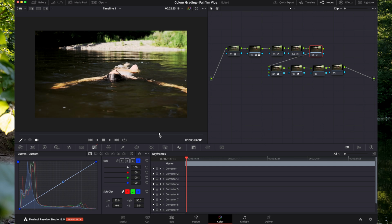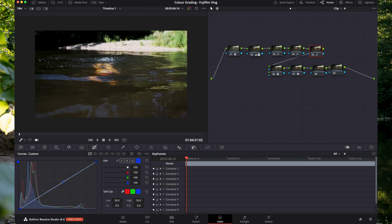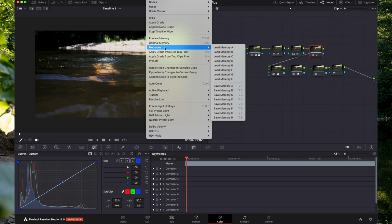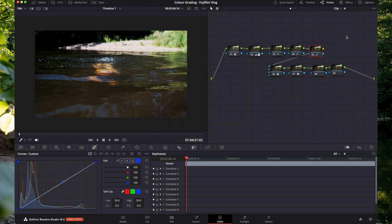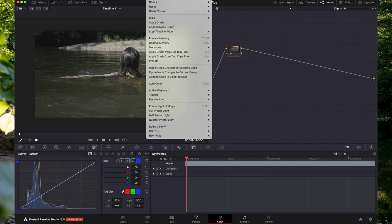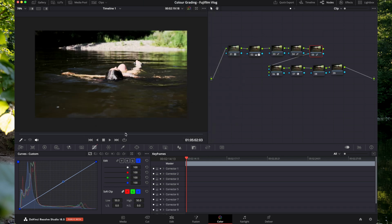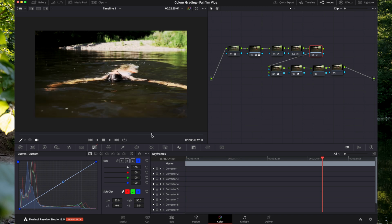There is another way you can do this as well, which is just reset that. You go into your color tab again, back to your original clip and click memories, and then you click save memory A, and then go to your next clip and it will save all this. And you go into your color tab again, memories, load memory A, and it will save all the information from the clip prior to your next clip, which is really handy if you've got like a break between different clips for the same scene. This means you can load it without having to do it each time and faff,